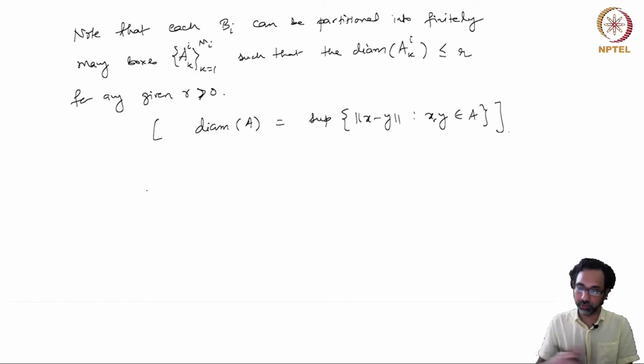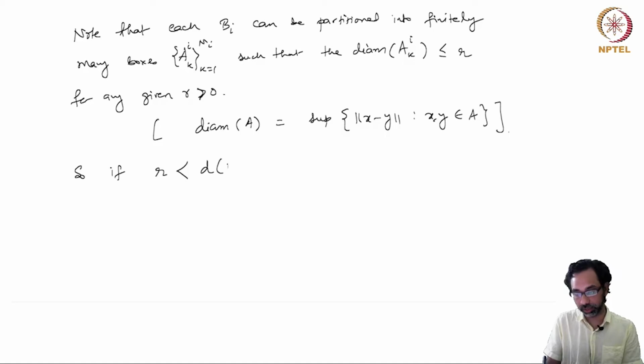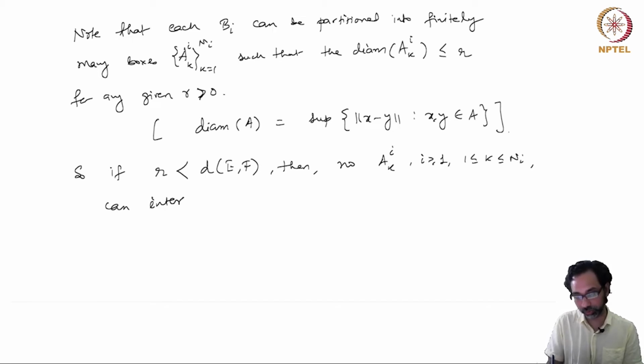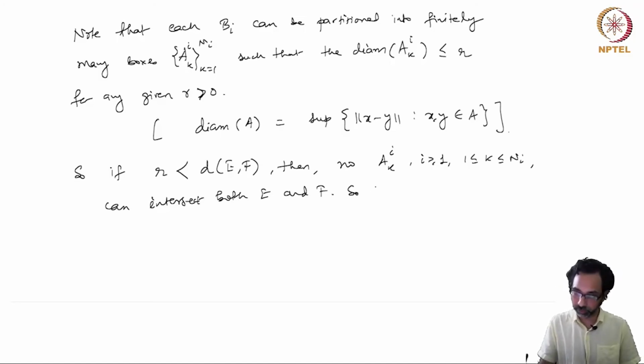So we can restrict the diameter of the boxes used in the partitioning of each Bi, such that the diameter is bounded above by any given positive number R. So if R is taken to be strictly less than the distance between E and F, then no Aki, for i greater than or equal to 1 and k from 1 to Ni, can intersect both E and F,